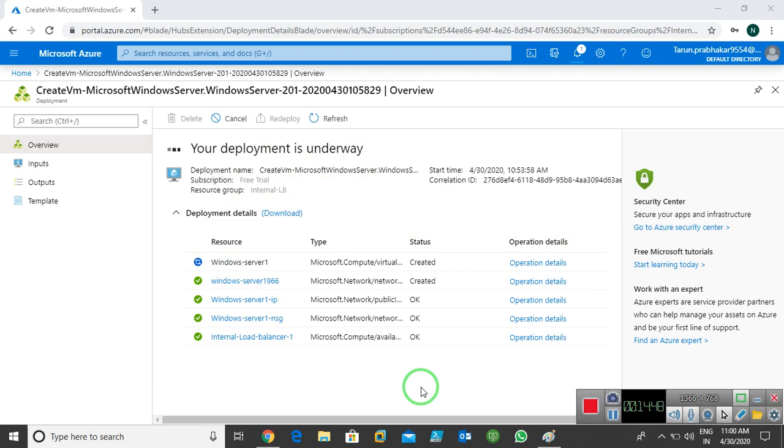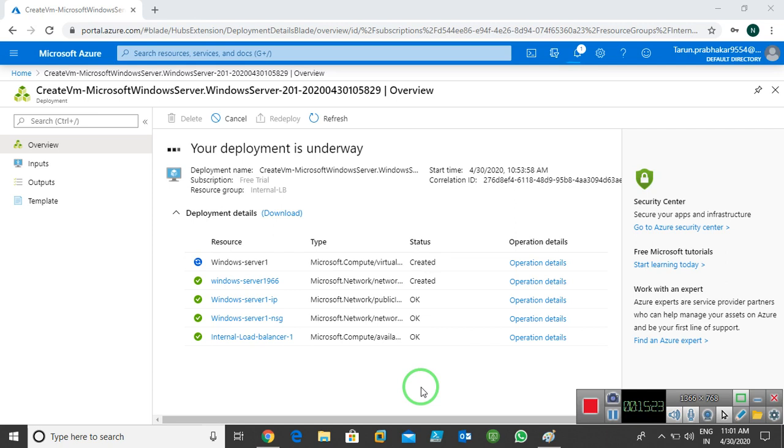Okay, so if we're talking about fault domain in Azure, they have rack servers. By default, when you create any VM, it is automatically created on those particular servers. That is known as a fault domain. So by default, one VM is copied to two domains, which means one VM is copied to two servers by default. If one fault domain server is down, at least your VM is still running because your VM is saved in the second domain also.